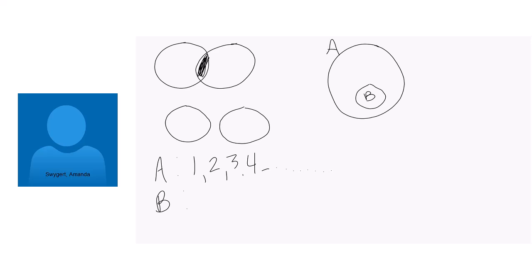They're all natural numbers, but it's only going to be some of them. So maybe B is going to represent just the odd natural numbers. They're still all natural. They're still all part of A, but I'm not saying it's every single one. They don't have every single thing, but at least they're all natural. So B is going to represent the numbers like 1, 3, 5, and so on.